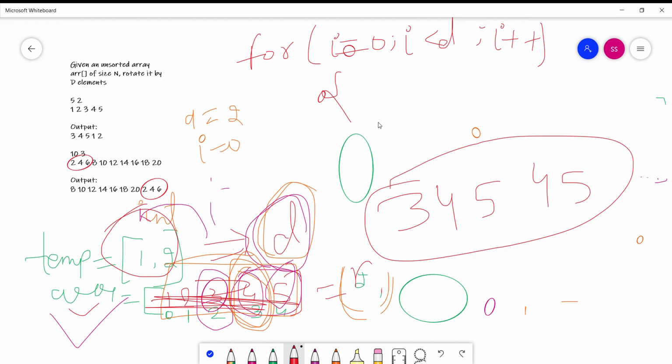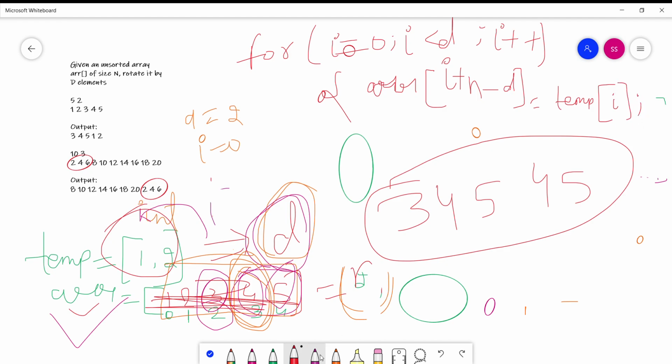And what we have to do? I have to copy. So what I do? arr[i + n - d] is equal to temp[i]. What does this statement want to say?